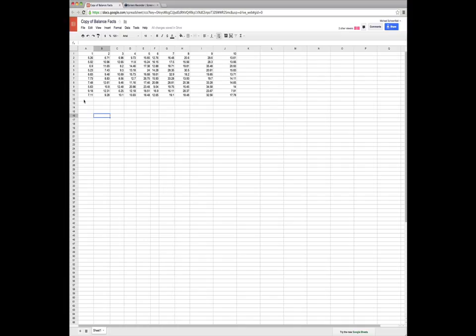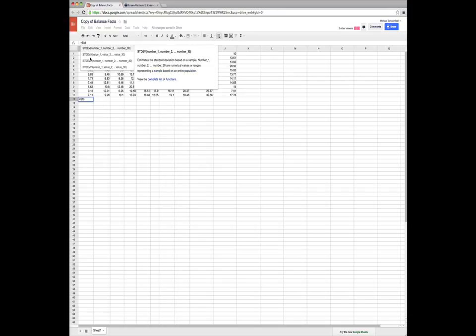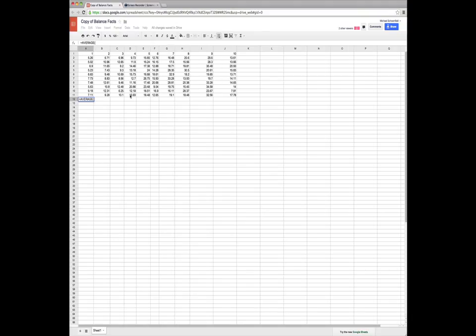the average function. So first step is we select the cell below the column, we type equals, which will enable formula mode, and then we start typing our function, which in this case is going to be average. So we type average, it pops up, then we can come up to this drop down, click,